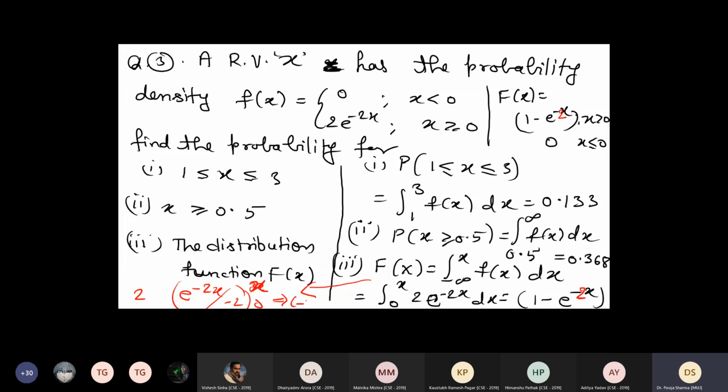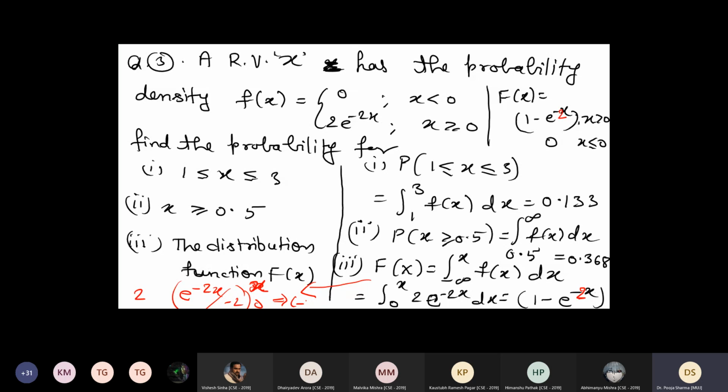Minus infinity to x of f(x) dx, we are talking about that. The probability distribution function is written in the form of the density function. This is the general form, integral from minus infinity to x of f(x) dx. If it is discrete, how do we write it? Summation. And whatever range is given, the upper range we write in the form of x only, because what do we need? We need a function, not a numerical term, and that should be in terms of the variable. So that's why the upper range will always be x.